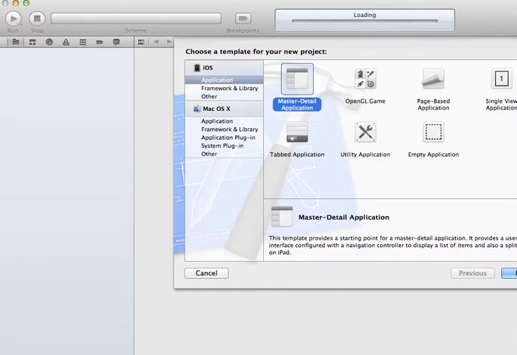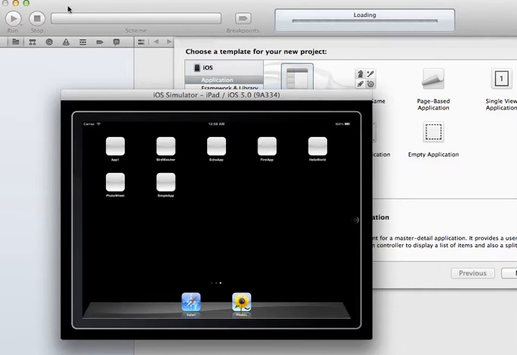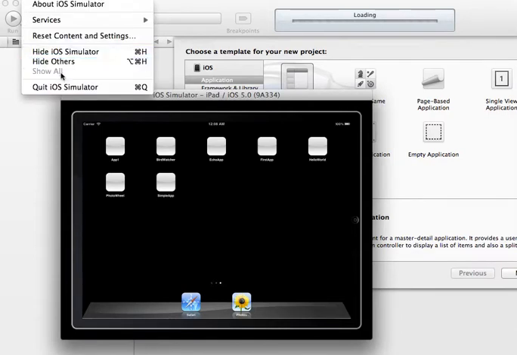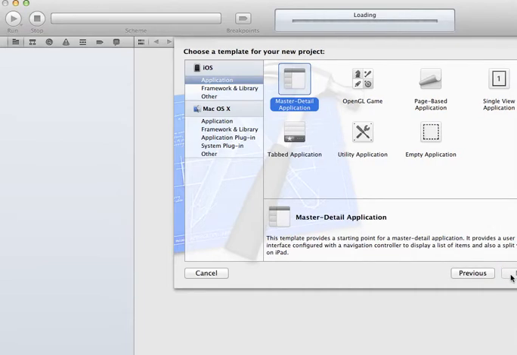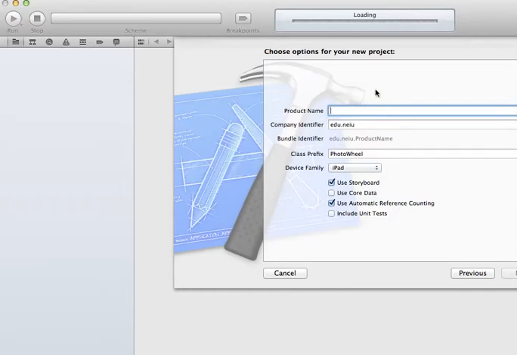And just going to do a quick thing here. I'm going to close the simulator just to see if it speeds up a few things. Okay, so again, I'm going to create a master detail application. I'll click next. We're going to call this product name, let's call it, this is going to be our photo wheel app,